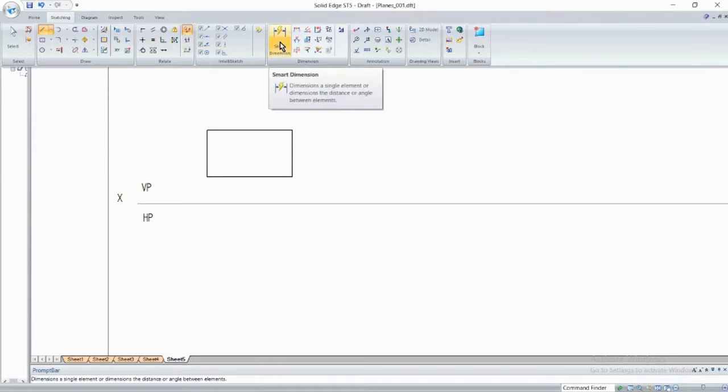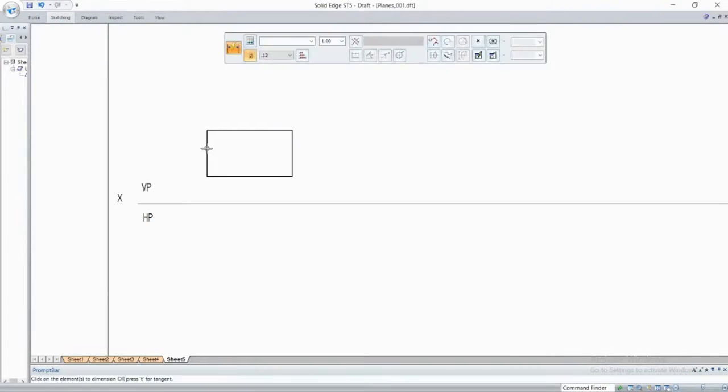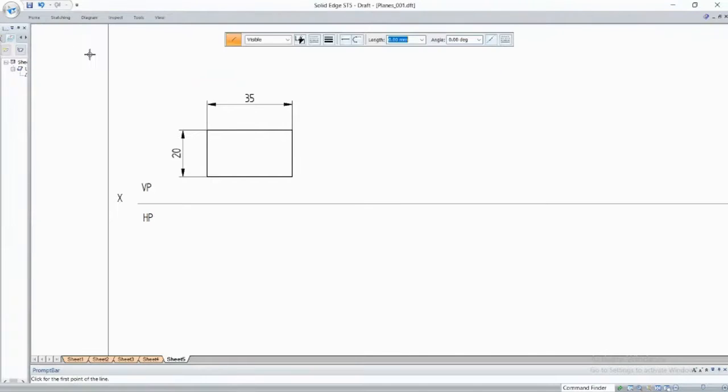Dimension of a rectangle. Since there are two sides, you have to show both the dimensions. Both the shorter length and the longer length of the rectangle. So here the shorter length is 20 mm. Show that here. And the longer length on top here. Show this. After this, you draw the projection line to obtain the top view.